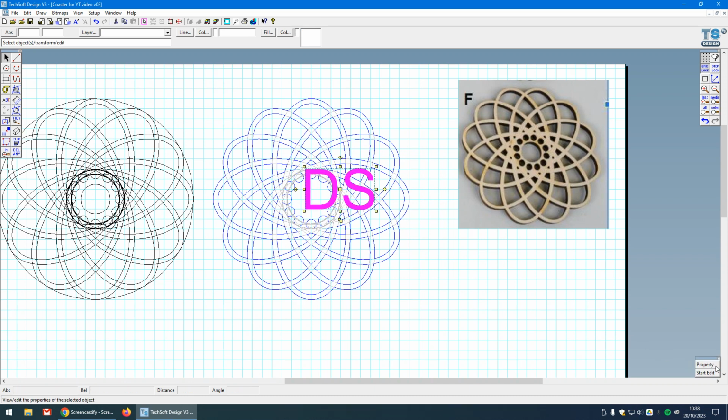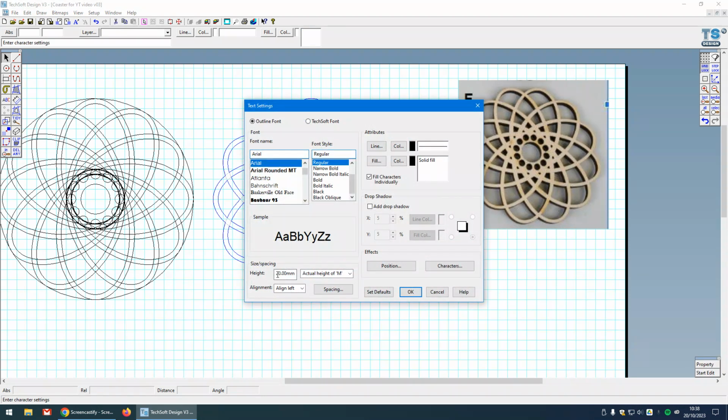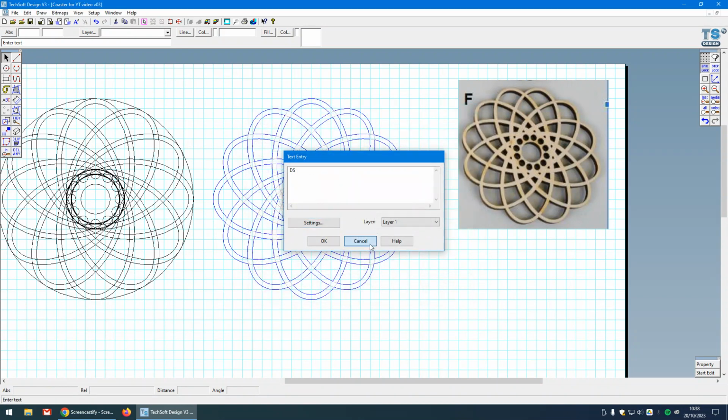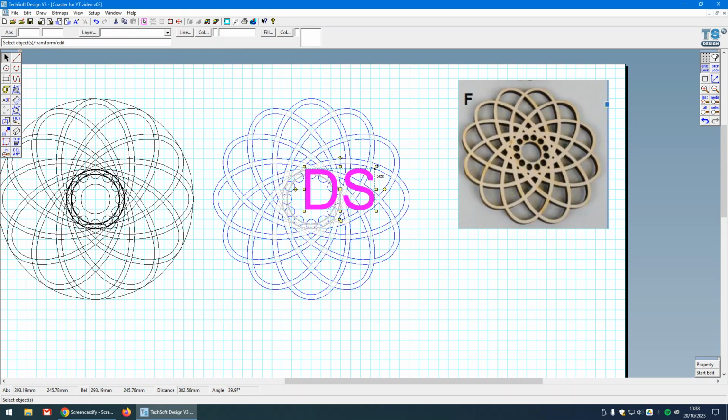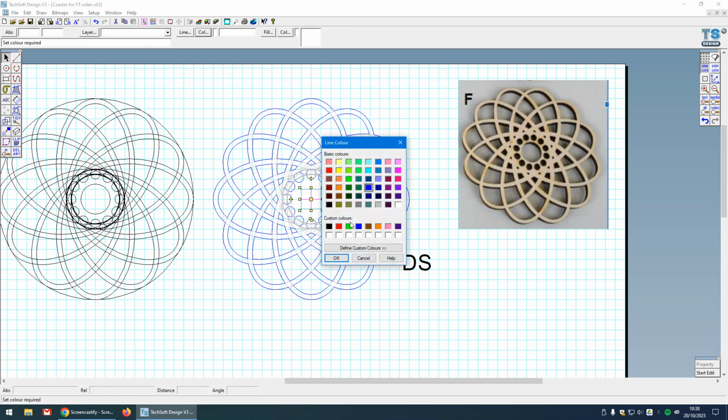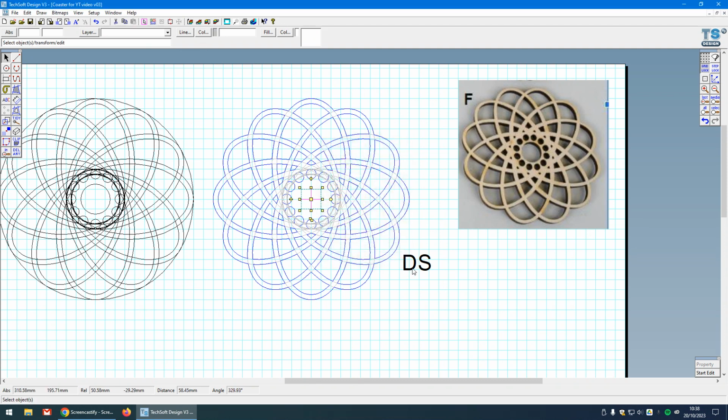And to scale these, I can go to Properties, Settings, and type in a height here. In my particular case, I'm going to right-click on the resized node in the top right there, scale that back, and then I can position that where I want on the actual file. Now, to put it in the right place, what I'm going to do here is just draw a cross there. I'm going to make sure that that cross is going to be in pale gray. And I want to attach the DS initials here